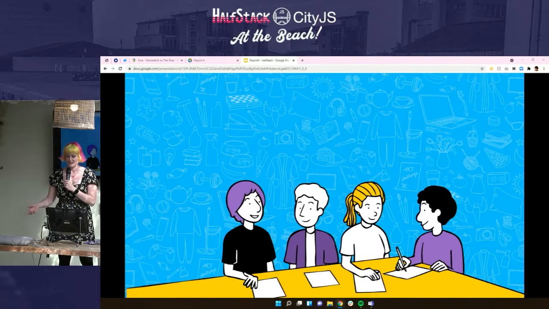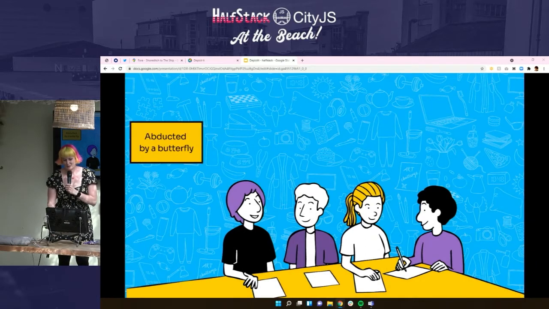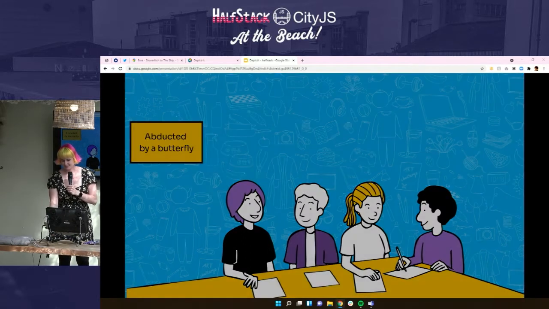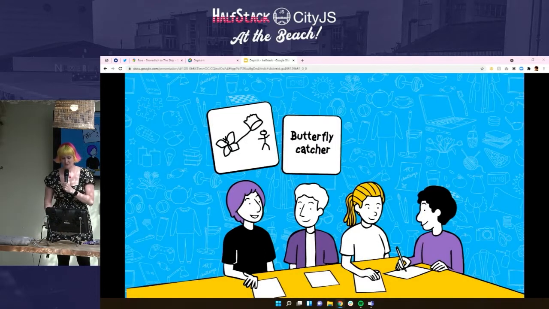So here's our players, and we'll number them 1, 2, 3, and 4. And each player is given a prompt to draw from, so a piece of text on a card that they have to illustrate. So let's do a round from player 1's point of view. So player 1 got a prompt that said, abducted by a butterfly, and this is what they drew. They then passed their drawing on to player 2, who has to write a caption for the drawing that they